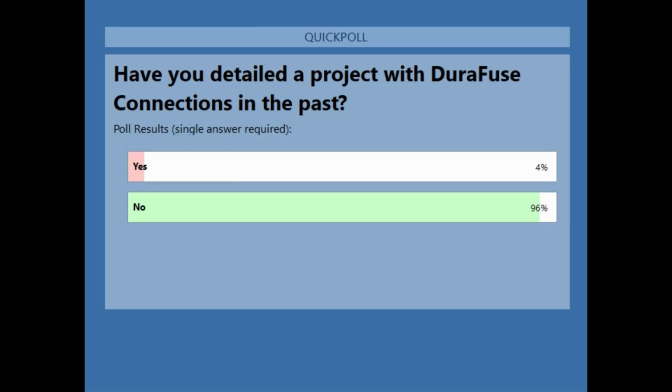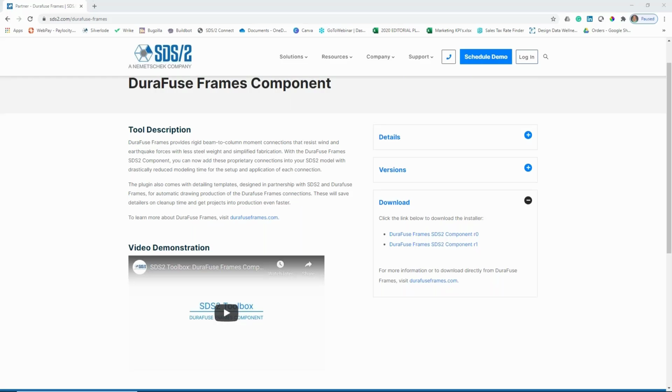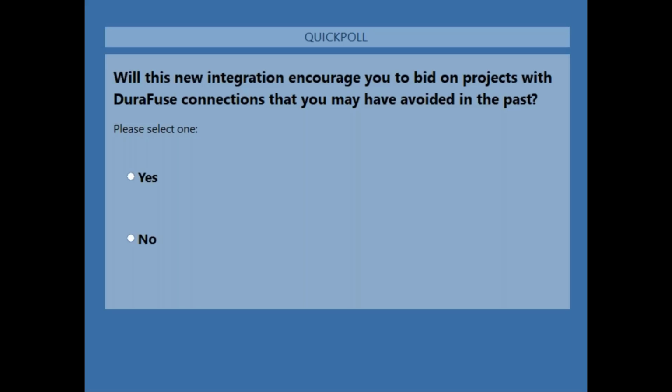I'm going to have the next poll question open up for you, which will be here. Will this new integration encourage you to bid on projects with DuraFuse connections that you might have avoided in the past? If you want to vote on that,